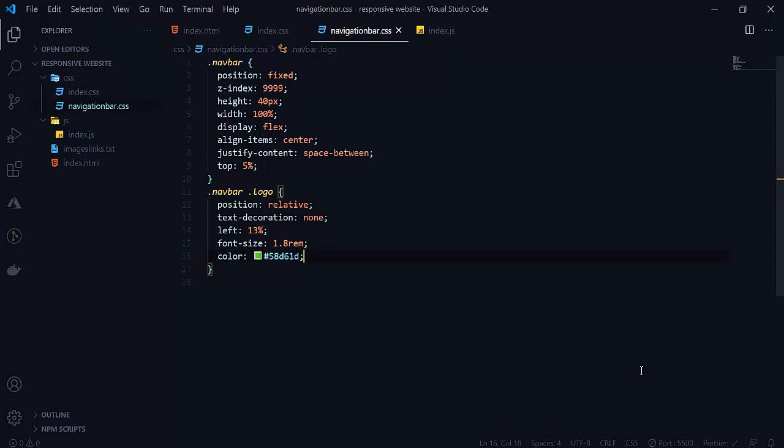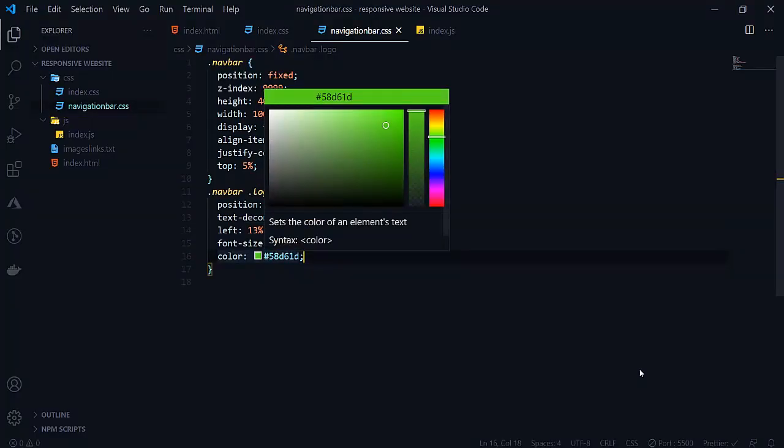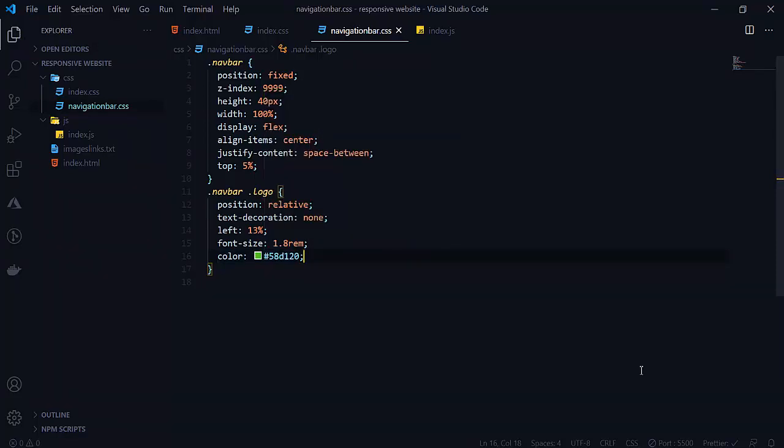Let's see if it is working correctly. We want it a little bit darker here. So let's make it more. It is not coming. Yeah, now it is coming. Save this, and now let's see. So this color is good here.